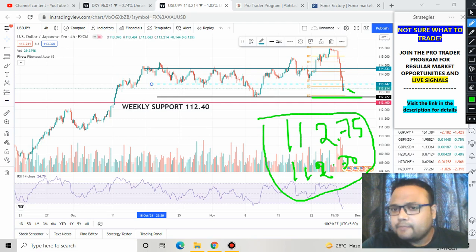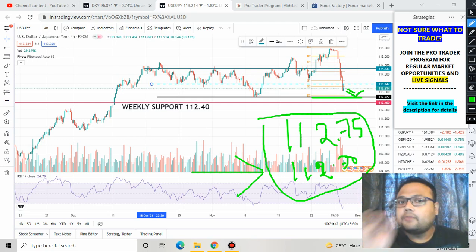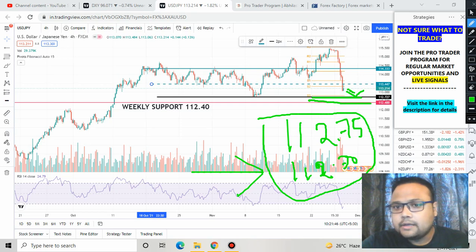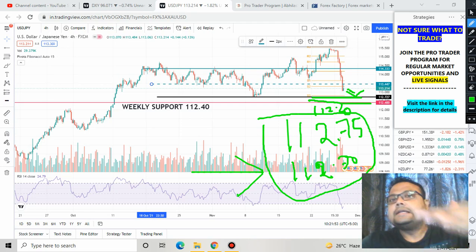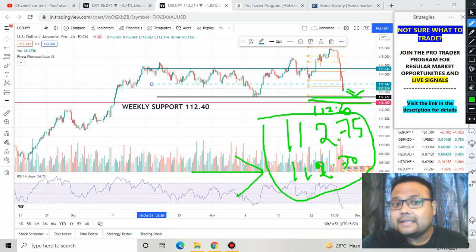So if the market bounces from this particular black line, you can take a buy position. But on the other hand, if the market fails to get support at this level and breaks the level, then the next support for USD JPY will be at 112.40. This will be the next new support, or the last support for USD JPY, 112.40, and this support belongs to